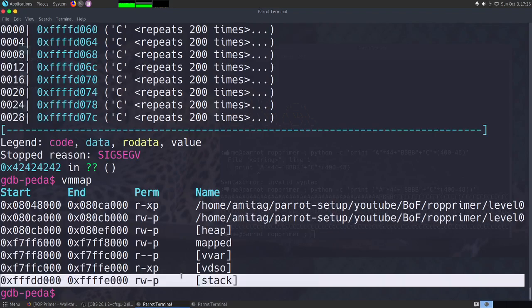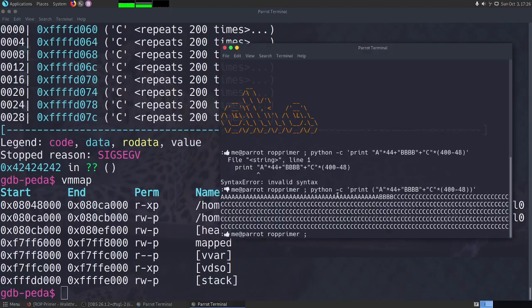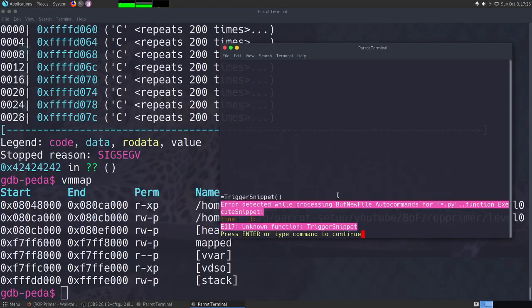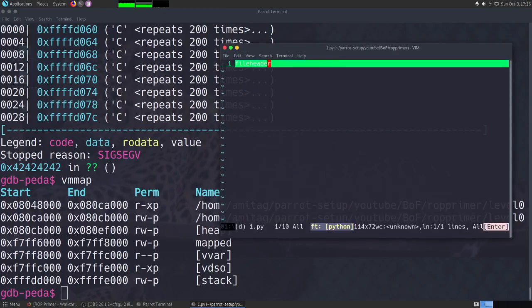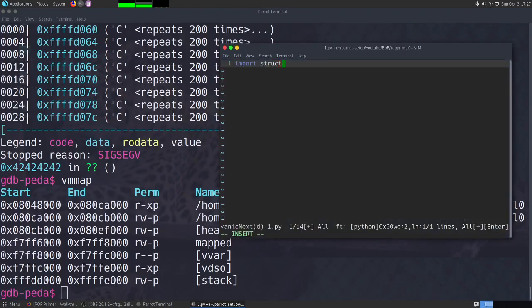Okay, let's create one script, 1.py. We will import struct, and as I mentioned last time, we will just define this p32 function as well, which can be used to convert any address to a 32-bit address.